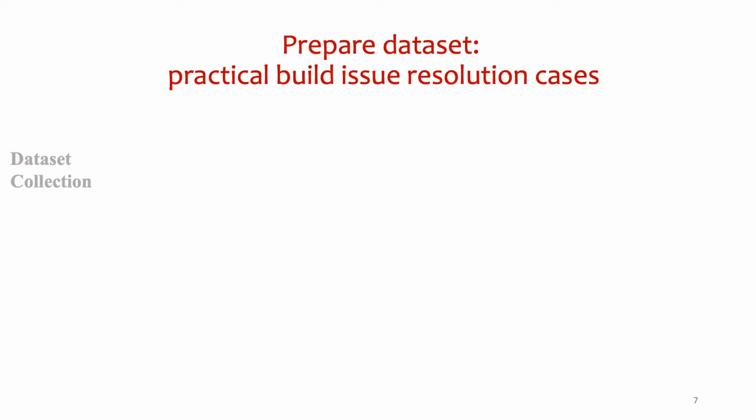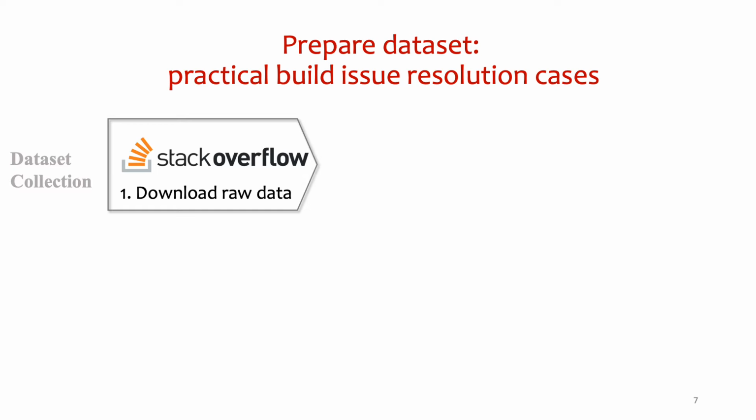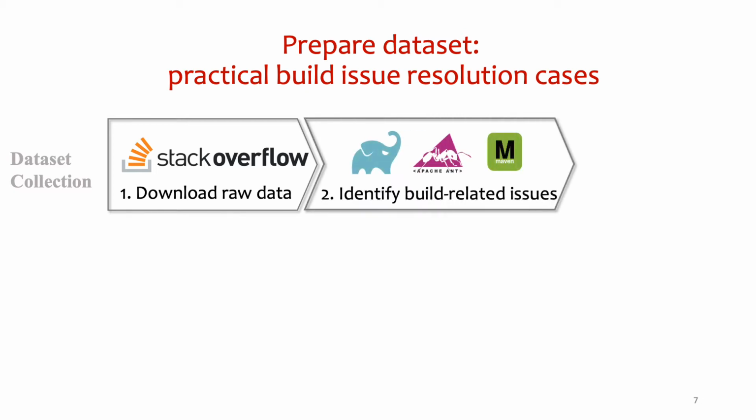In our study, we construct the dataset in the following steps. First, we use the data from Stack Overflow between July 2008 and December 2019 as a raw dataset. Since SO is one of the most popular community-driven Q&A forums, it can increase the diversity of the dataset. Second, we identify build-related posts according to their SO tags. In this study, we choose three mainstream build tools, Gradle, Ant, and Maven, since they are popular and widely used